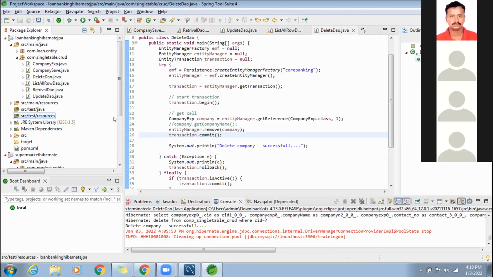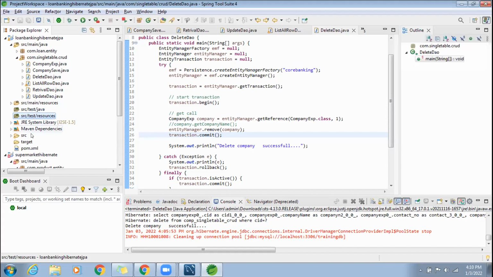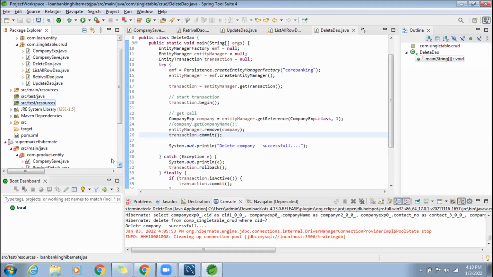Actually, sir, yesterday we copied it from another project, but if I want to create my own, what should I do? Already you have a persistence.xml in this current project, right? Do you have that one? Yeah, but sir, in this project we copied it from another project yesterday. Leave that. Whether I copy from another project or another folder or another computer, that doesn't even matter. We need only that file.